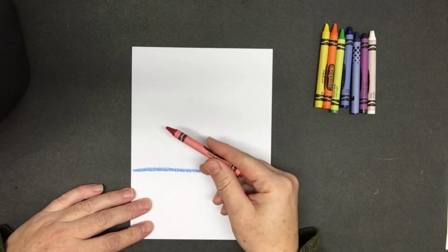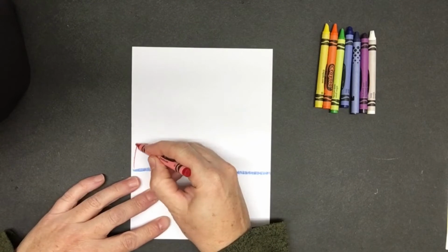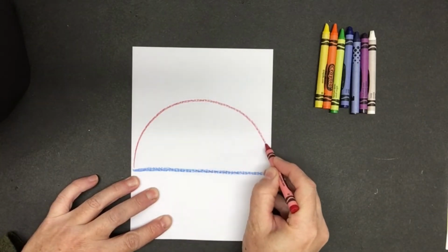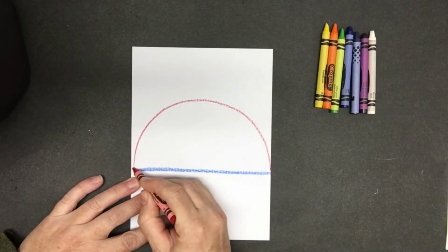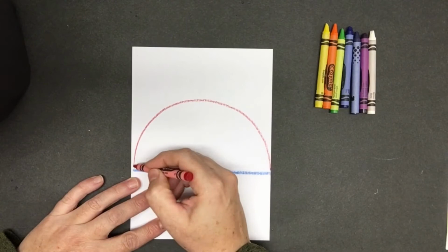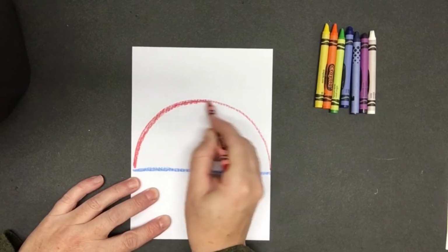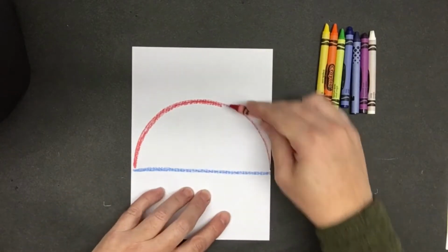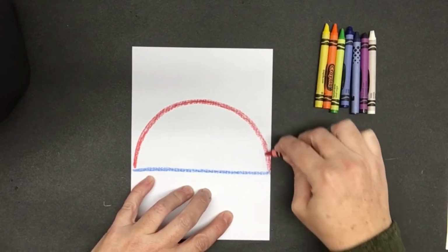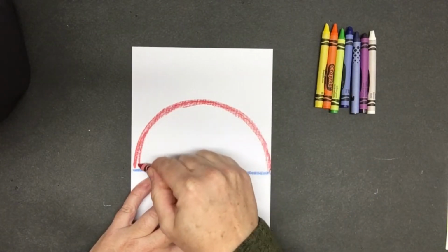Okay, so then I'm going to do my rainbow, starting with red. I'm going to do a big arc. I'm right-handed, so I start on my left side. If you're left-handed, you might find it's easier to go the other way. And then I'm going to really give my red a nice thick color band. Got my red on there,